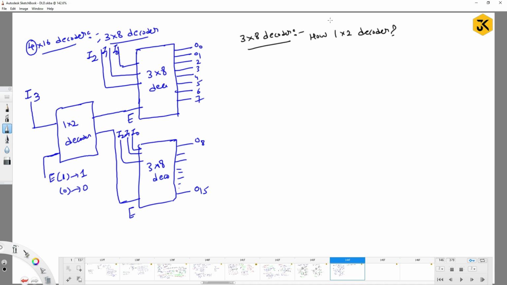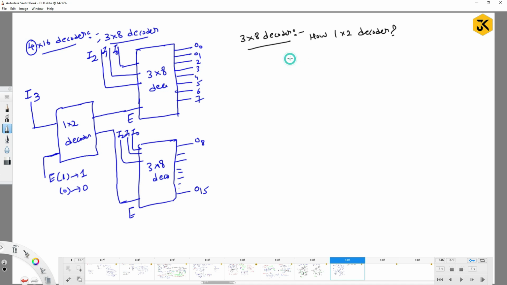Obviously 7, right? So how will it be? For example, how we solved earlier, how many multiplexers are required to implement a 1 by m multiplexer, like that, right? So if I would like to implement with the help of decoders,